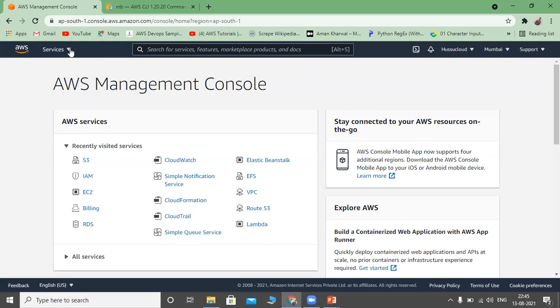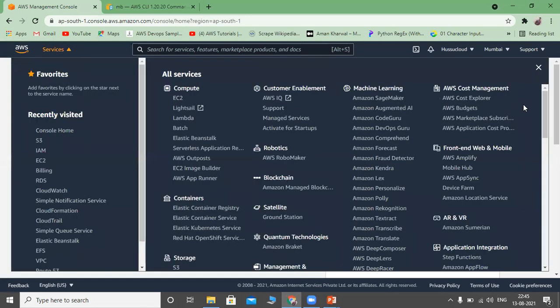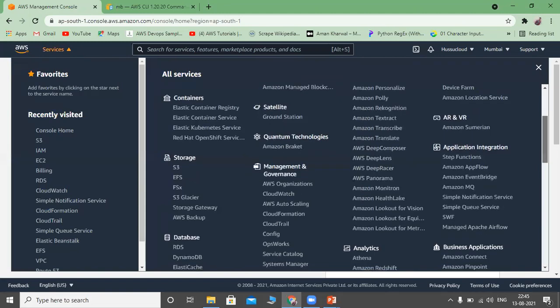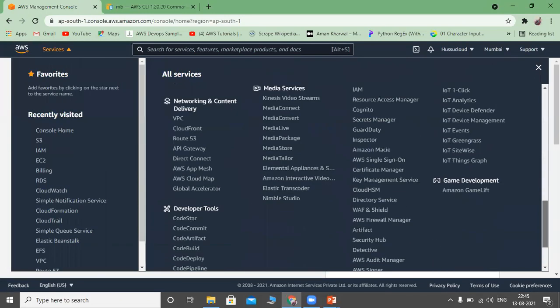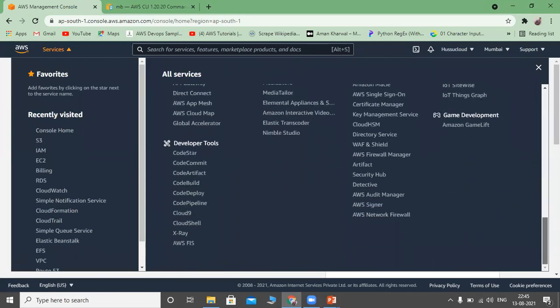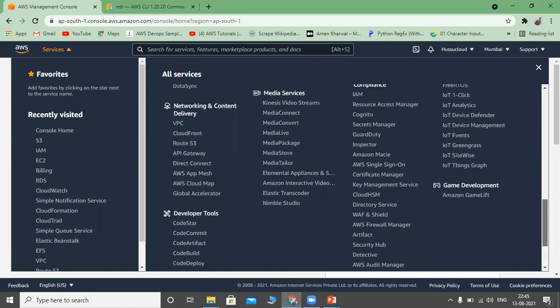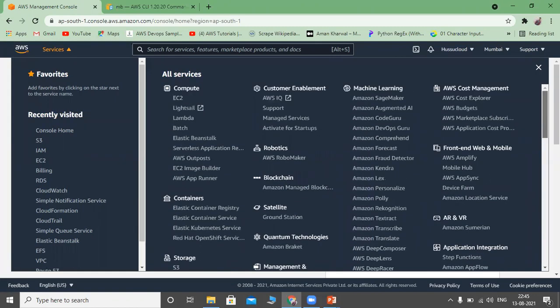and navigate to services, we have plenty of services here. If you scroll down, we have plenty of services provided by Amazon Cloud. So we need authorization to access these services so that it will be secured. For that purpose, we need to use a service called IAM. IAM stands for Identity and Access Management.